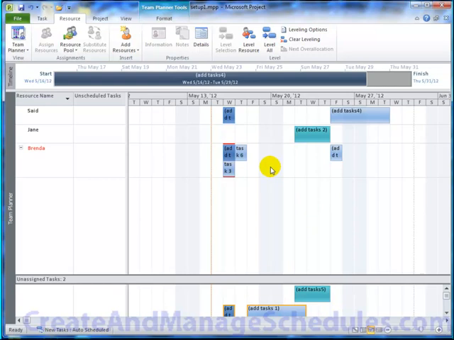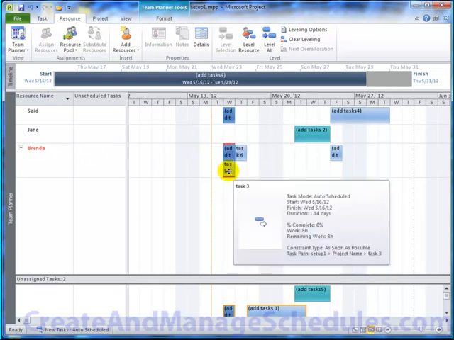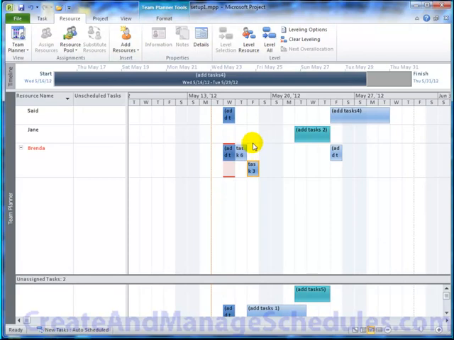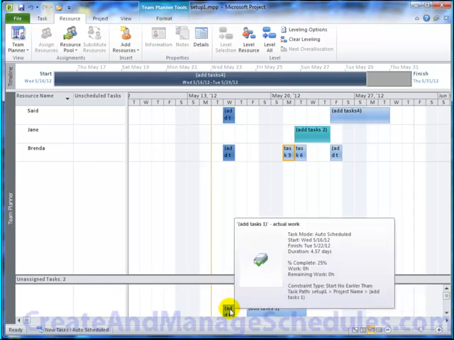But just to point out, when you have a resource that's over allocated, their name will appear red, the task will have these red bars above them, and you can literally click on the task and see when that resource is free and move that task to a time frame when they're free. And then that resource is no longer over allocated and that task is now rescheduled. Likewise, for any unassigned tasks, you can click on any one of them and